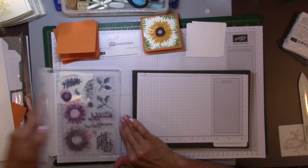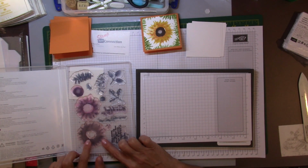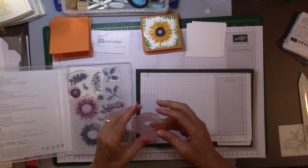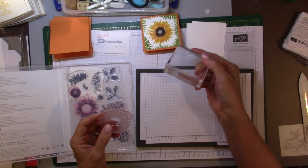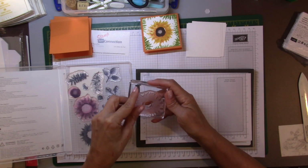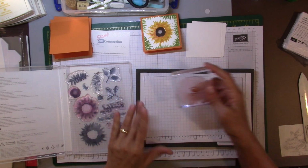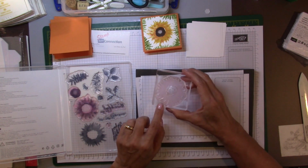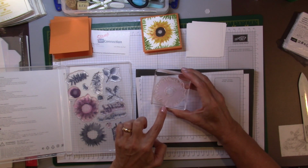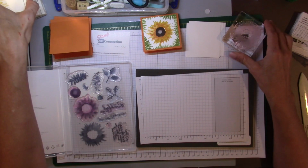So let me show you these stamps. These are a 2-step stamp. So I'm using the D block, and I'm just going to go ahead and put my stamp on the block. And if you'll notice, I have right here at the very long edge of the block, I've made a little mark. And